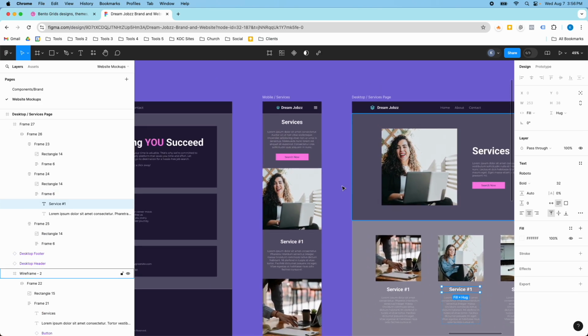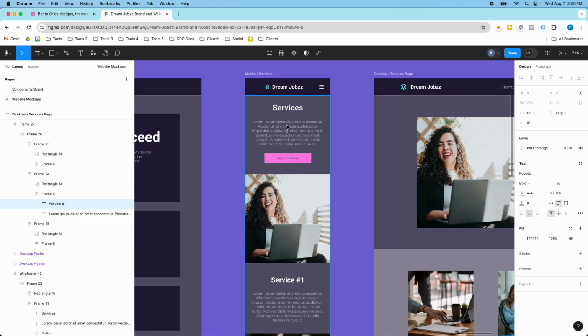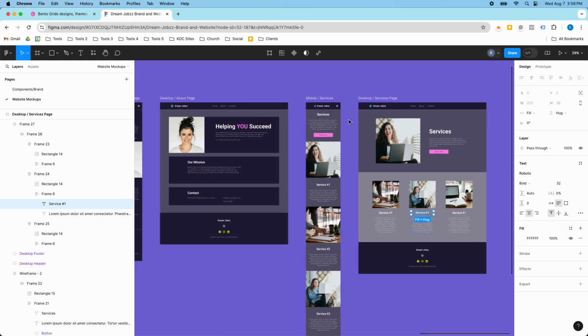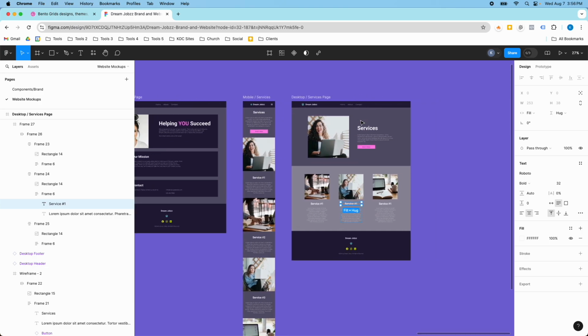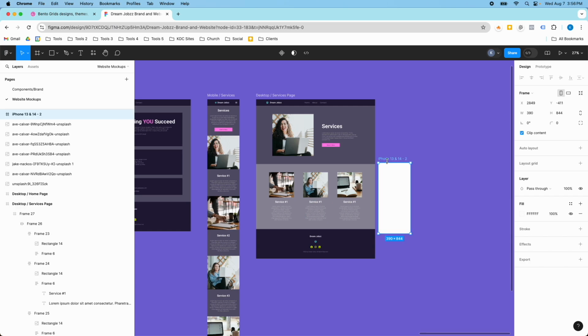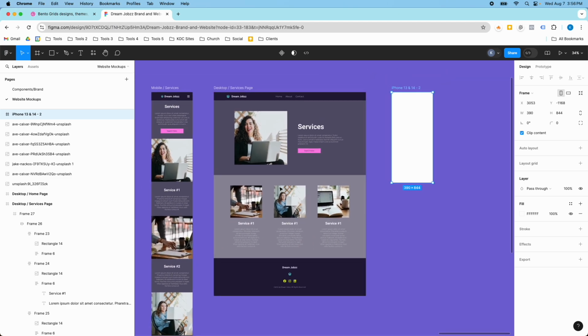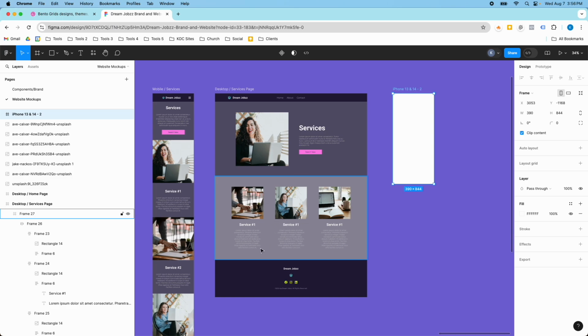So the benefit is when you're doing it on mobile, you're more constrained to this size. There's not a lot of room for you to do crazy layouts. It helps you to keep things simple. So when you design a mockup for mobile, I'm going to create a new frame here. I'm just going to use this iPhone 13 and 14. So when you're creating on mobile, you're constrained to what can fit in this section versus a desktop mockup, which has all of this area that you can use, and you can get some really